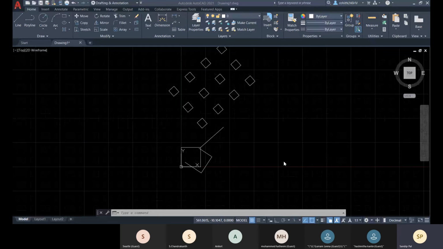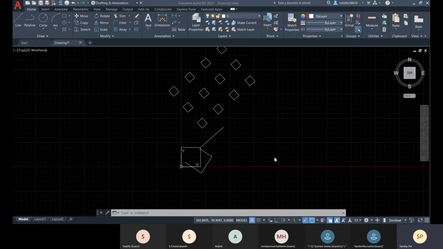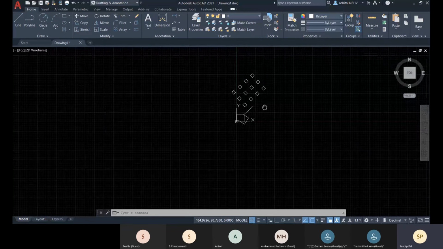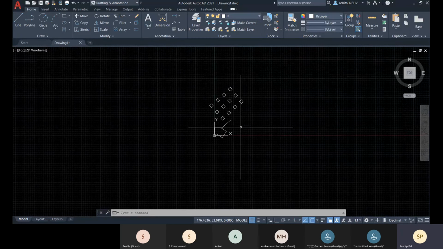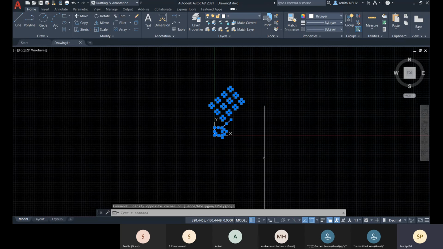Okay, thank you guys. So for polar as well, you can have absolute and relative. So absolute polar is based on the origin, and your relative is based on the last point. Okay, so the Cartesian I have already showed you about the relative Cartesian. Let me just show you that, and let me delete all this.